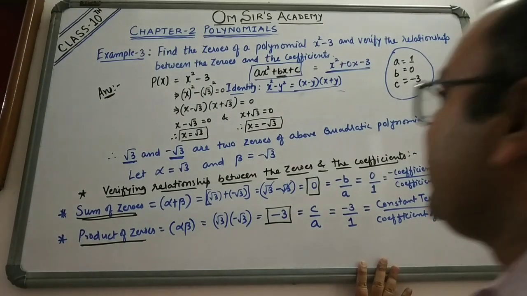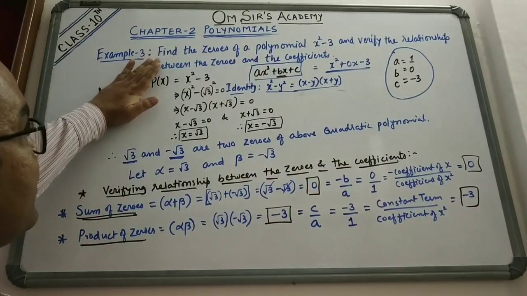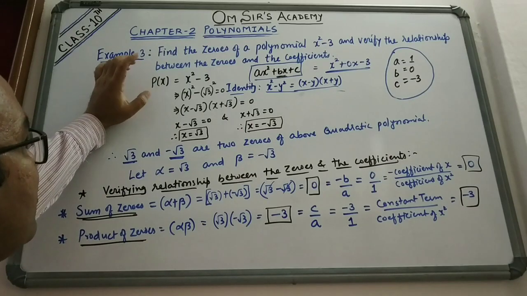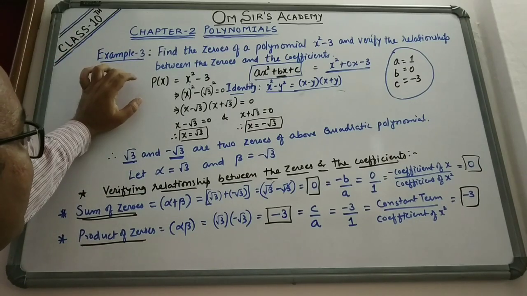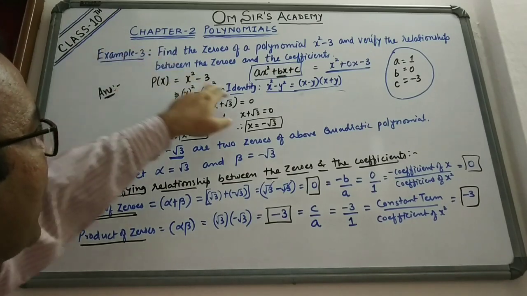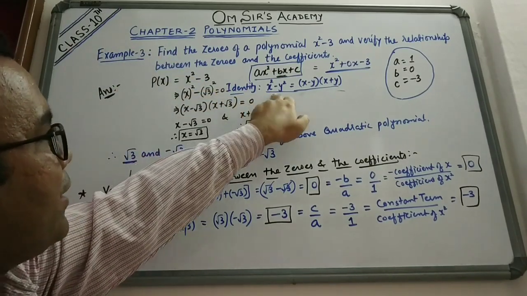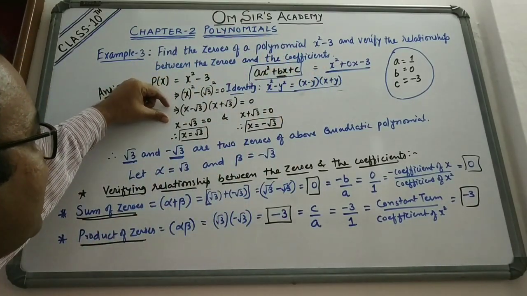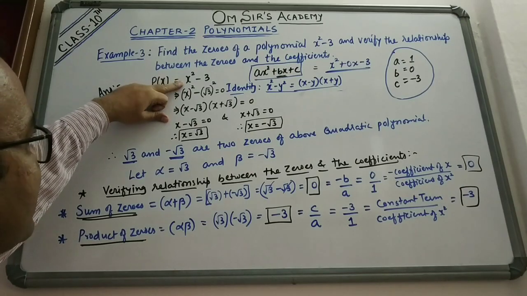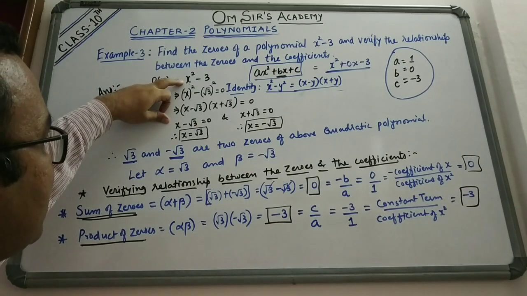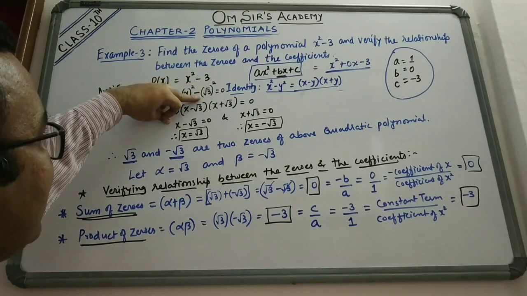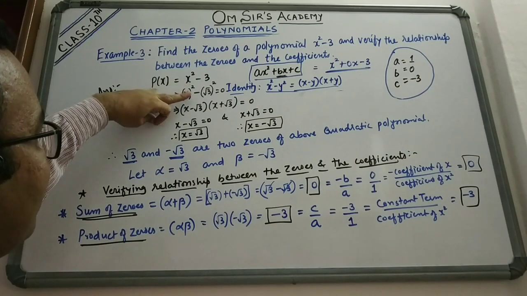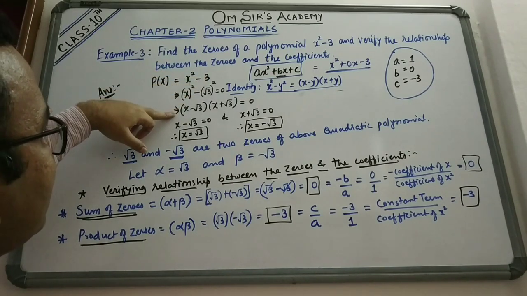Okay friends, so let us revise it once again. We were asked to find the zeros of a polynomial and verify the relationship between the zeros and coefficients, right? So first of all, what we did is we took a polynomial and used the identity of x square minus y square, that is x minus y into x plus y, and we factorized this polynomial. Okay, so यहाँ पे x square था तो x the whole square हो सकता था, and 3 था तो 3 can be the perfect square of what? Root 3. So I did it as x the whole square minus root 3 the whole square,